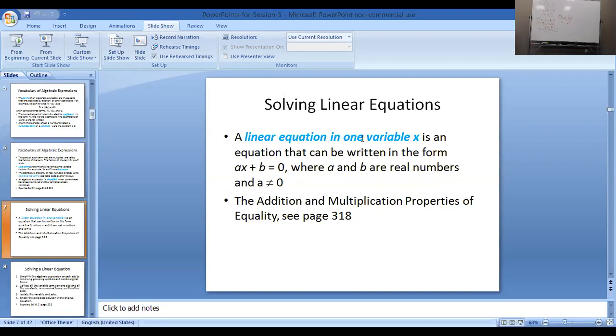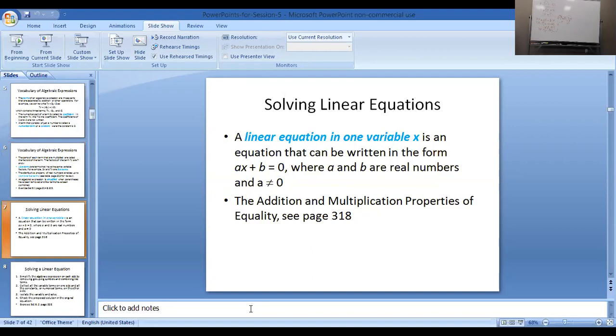Okay, the linear equation in one variable, you can have more than one. It would be this form: ax plus b equal to 0 when a is not 0. And those addition, multiplication properties, you can still use them to solve linear equation. I think page 318 is basically a summary of that. If you go to your textbook on page 318, for example,